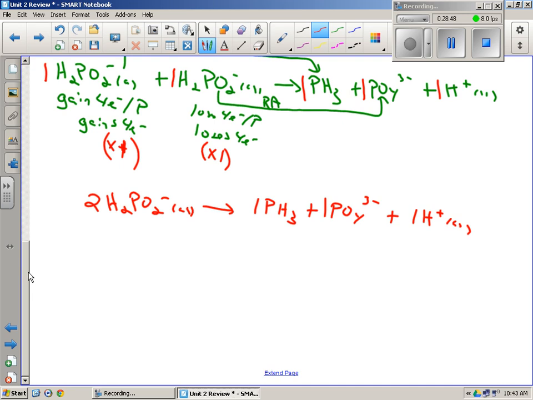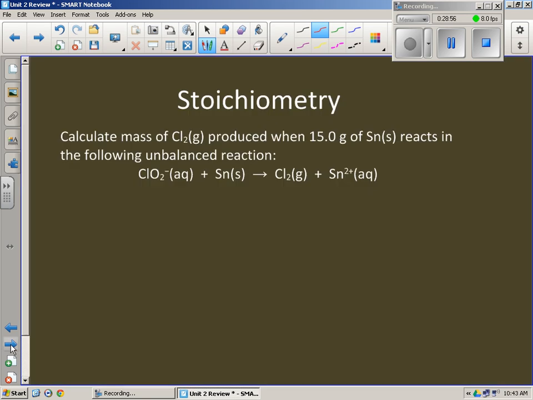Yeah, probably write 2 of them, because one is going to be losing electrons, one's going to be gaining, right? Yeah. Stoichiometry. All right. Once again, you can balance this however you wish, guys. You really have 3 options: data booklet, oxidation numbers, or you could do under acidic or basic conditions. Now, this one doesn't say, so it might be a little tough, but it doesn't really matter ultimately, because really,